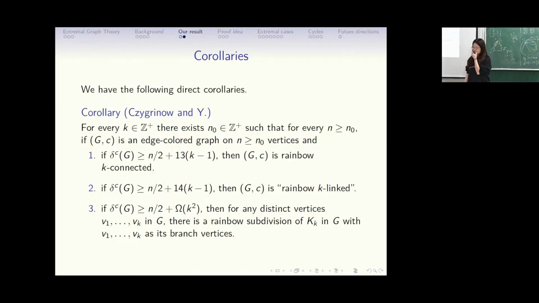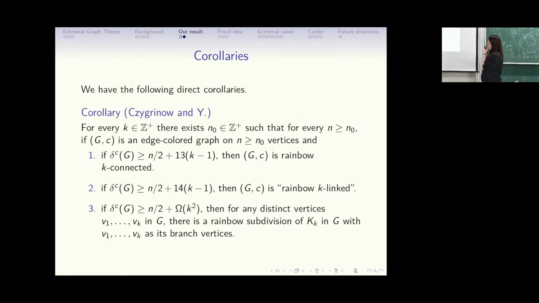Okay, even cycle. Then is it true that if your color minimum degree is at least n over 2 plus 100k, can you get a rainbow even cycle whose length forms an arithmetic progression? You know what I mean? So for all the extremal problems, is it true? I see a pattern here.